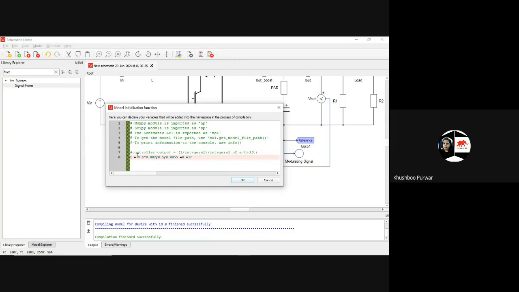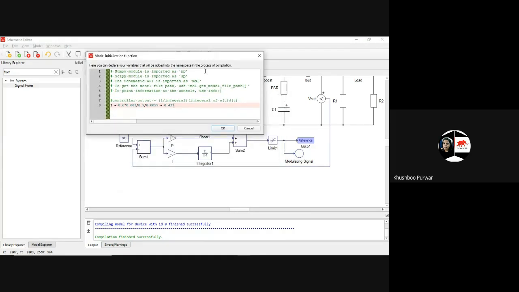Either you can write this value directly, but in order to explain to you, I have taken this value. This is for the integral, what we are doing here, integral with this integral controller and with this integrator part.